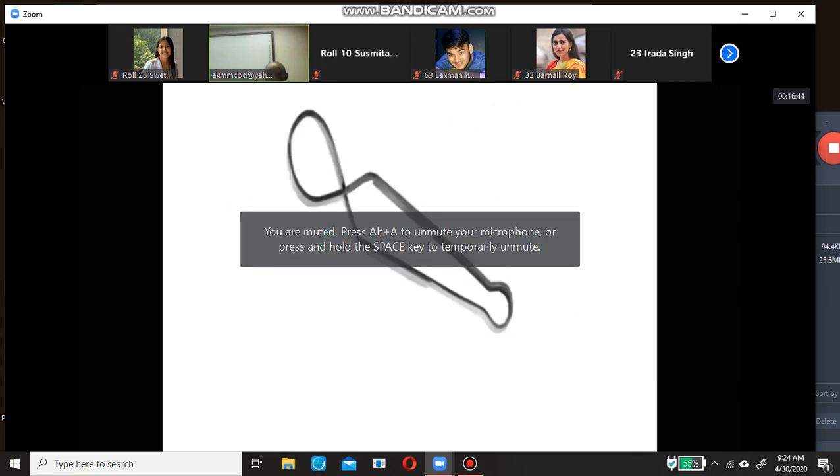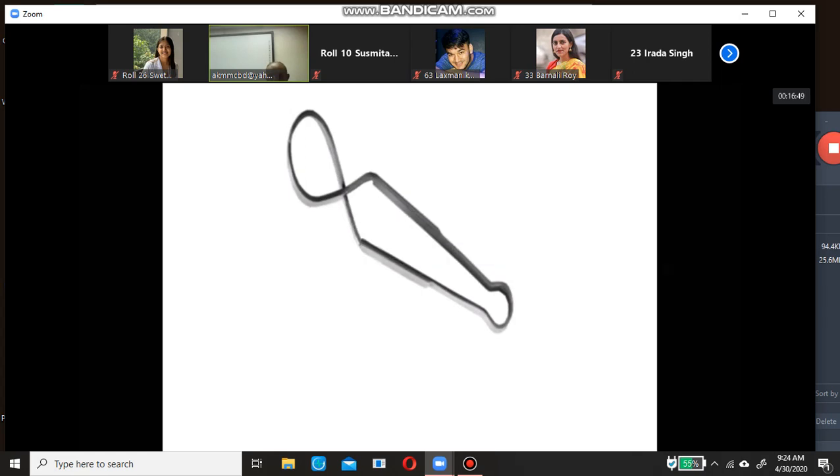And what is this? This is also one type of towel clip. Here is the prong, and when we press here, these prongs open up. And the use is same as the previous one. It is just a different type of towel clip. That one is the more common type, but this type of towel clip is also available with a different name.